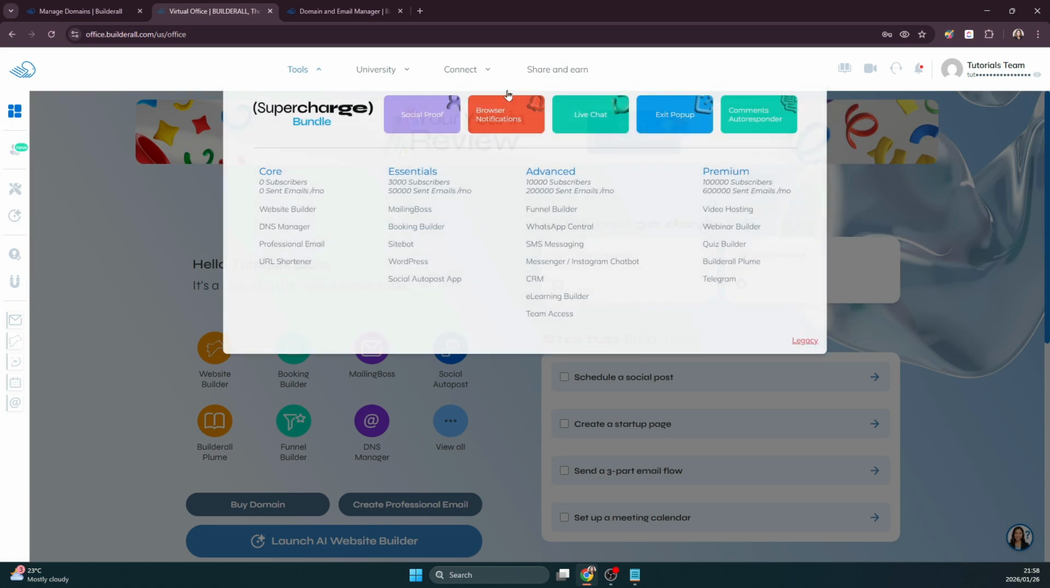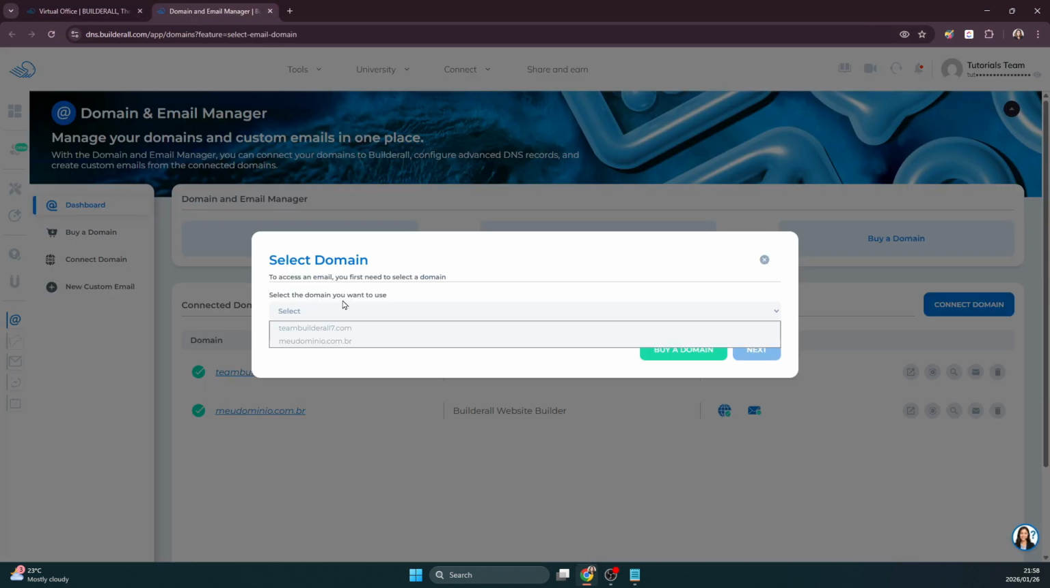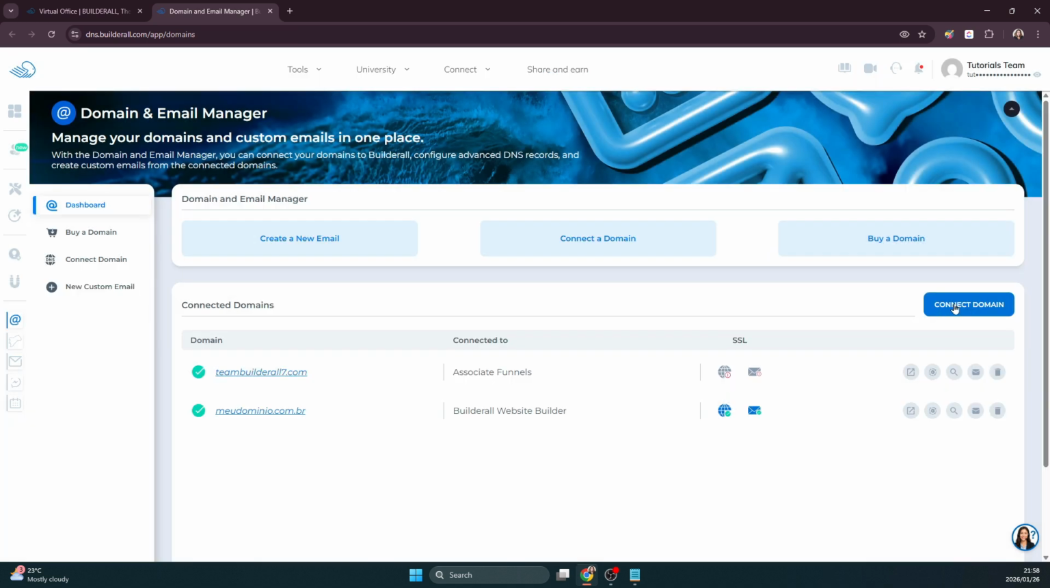Another alternative is to close your domains in that area, and you can go and create your email address right here by connecting your domain, and then just click on the link. That is basically all to this